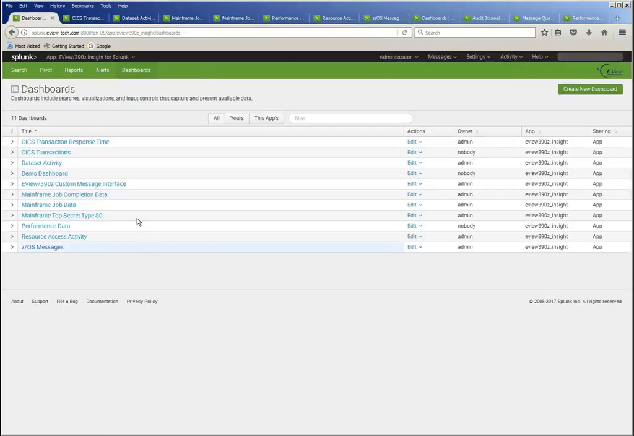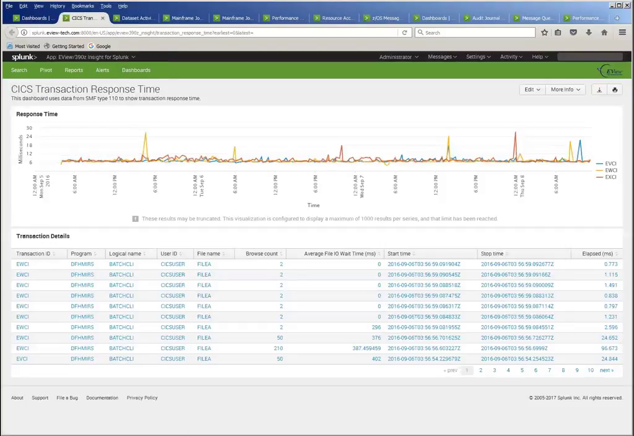We go back to here, and now we'll go back up and look through some of the types of data that are collected from SMF, or the System Management Facility, which collects data from a number of different z/OS components. One area that we get data from is CICS, specifically related to CICS transaction response time. So when we take a look at this dashboard where we're looking at CICS data,